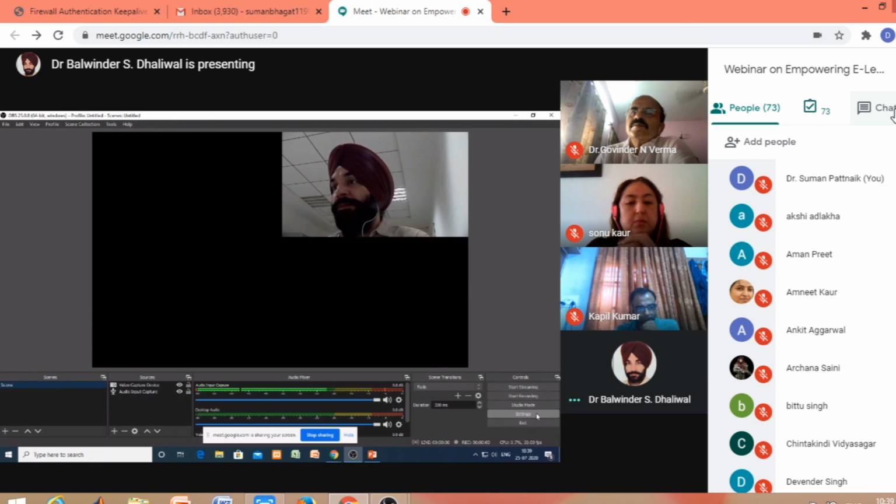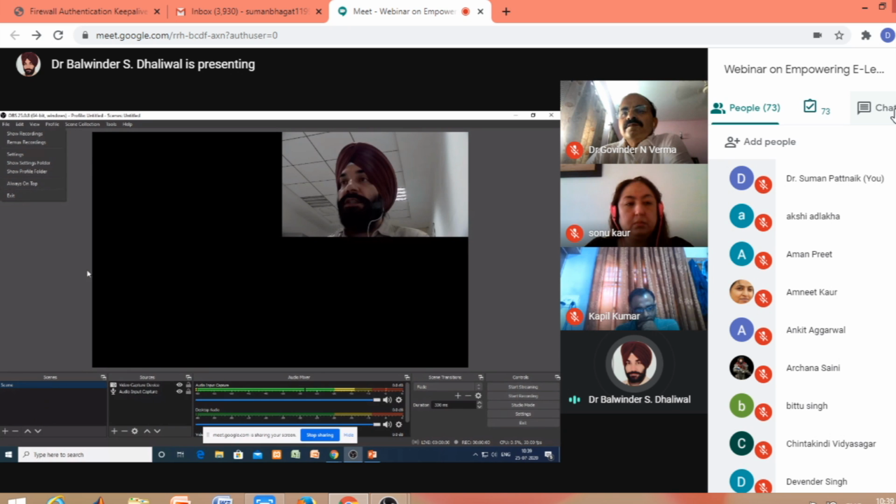When we start recording, these are the other buttons which we will be using: start recording, then settings, where we need to do some settings. These are the main parts while recording. Then we go to file, where the recordings we record using this software can be shown, run, and copied and pasted. This software is also used for live streaming, but here we will be discussing its use for recording our lectures. Sometimes we need to record only our video, and for that we need this video capture device.